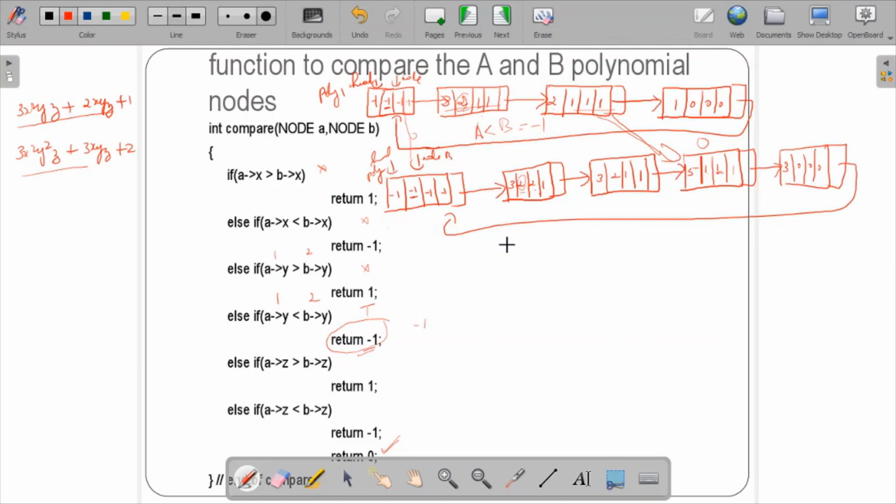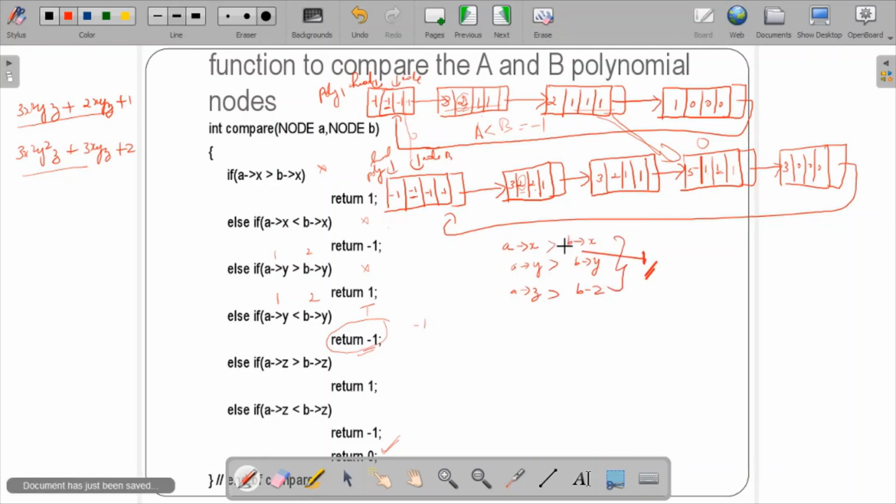So just remember, in case the exponent of a of x is greater than the exponent of b of x, or a of y is greater than b of y, or else a of z is greater than b of z, then in all these cases it is 1.